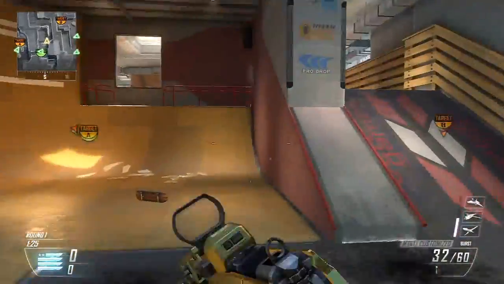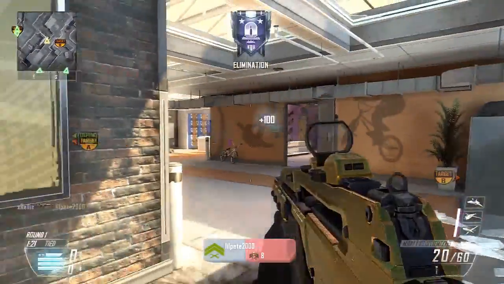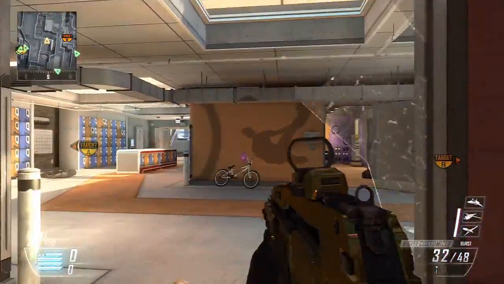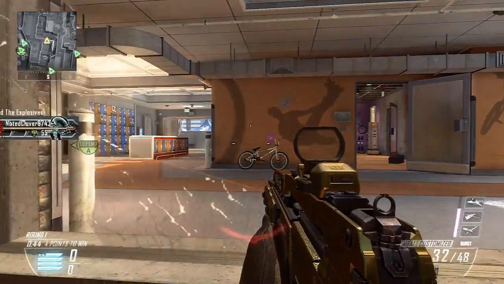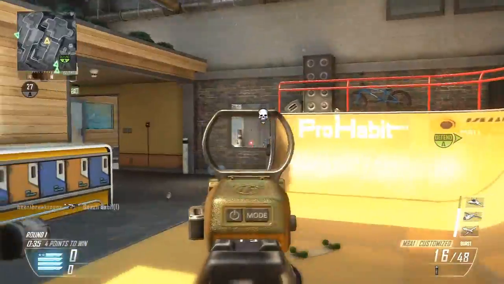Nowadays I actually take off the reflex sight and put on quick draw, so it's even more offensive. It's basically a complete attacking class that you can't get grenaded or stunned by, and it's completely offensive. It's a class that I took the idea for from Ninja Robot,